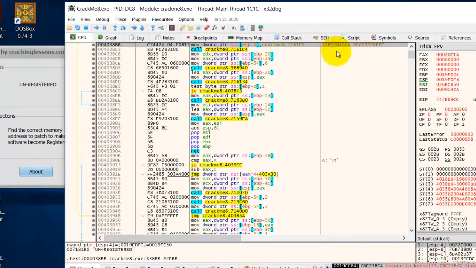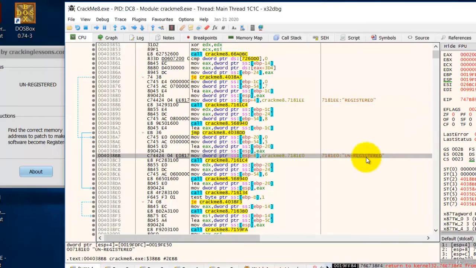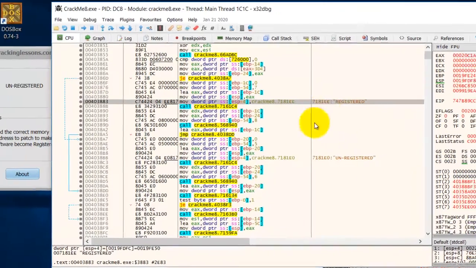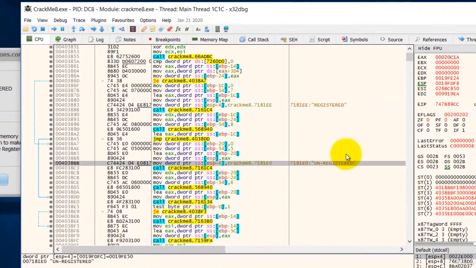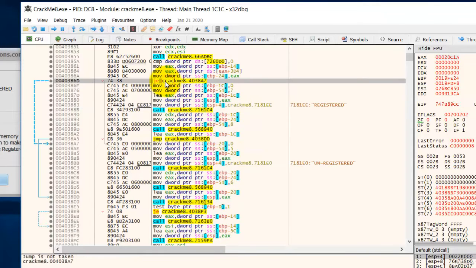So over here, we see the string unregistered, and just above it is registered. So this is a string, the bad message. This is a string for a good message. And how do we know which one will be shown? So you should look for a jump. Up here there's a jump. So the jump is the one which decides whether it will show this or this message. So we should put a breakpoint here